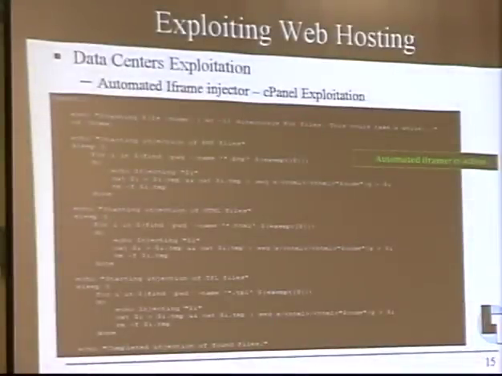And this is some of the code snippet which is used to inject automated iframes in different hosts, for example, main web files, index.html, default.html. So it works. This has been taken from one of the case studies that we have analyzed, and it worked pretty well. That's why exploiting web hosting is really one of the major tactics that attackers are using